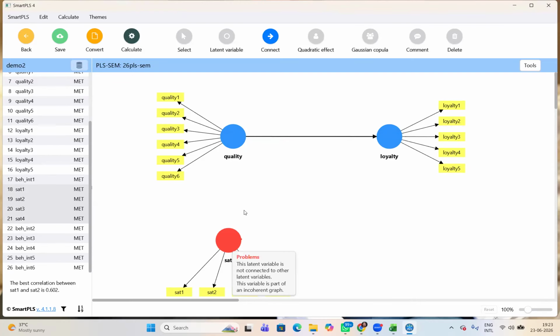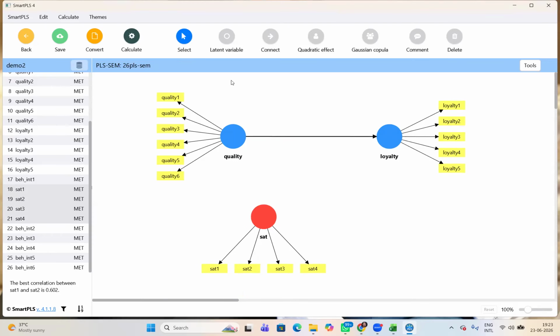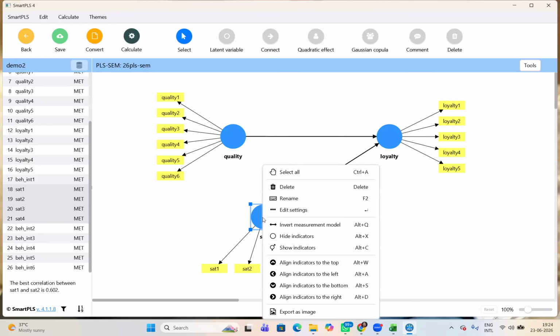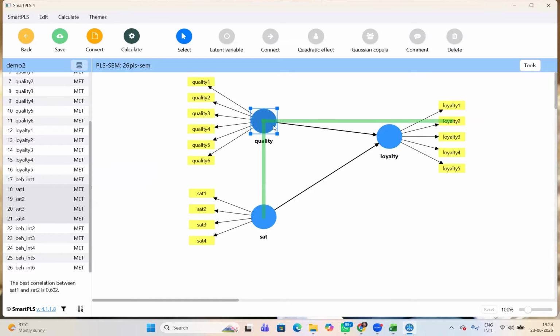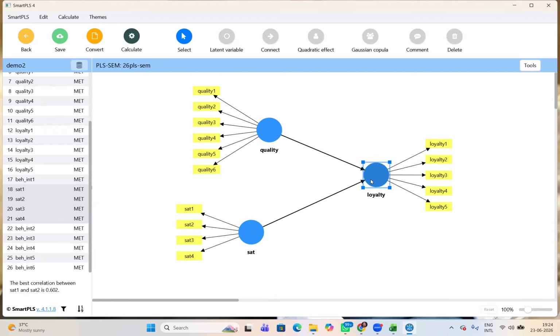Okay. So we can make it here. Prabjit, are you with me, beta? And make this way. Select, and we can take this to the left side. So this is my simple model. This model is hypothesized by you: that quality and satisfaction have an effect on the loyalty. Are you with me still there? Okay. So now what is the next step?